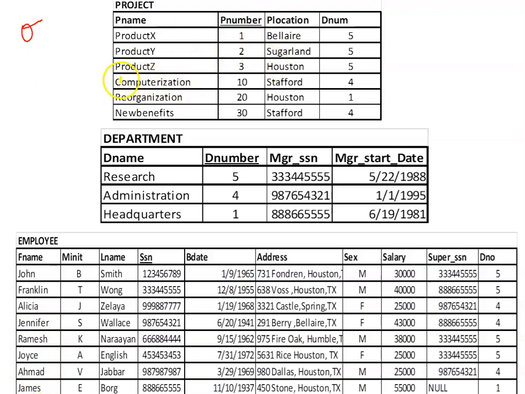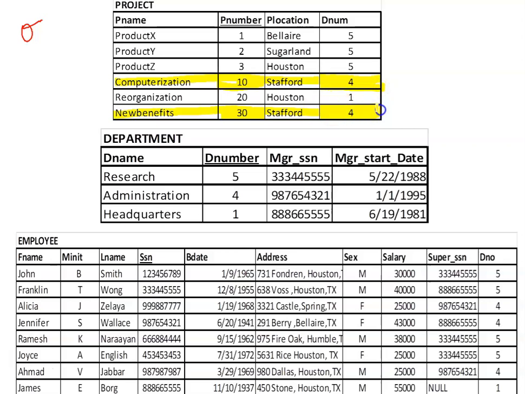Now when I do this, based upon this current state of the database, I get this tuple and this tuple. The first project number is 10 and the second project number is 30. Both these projects are located in Stafford, wherein the controlling department number is 4.